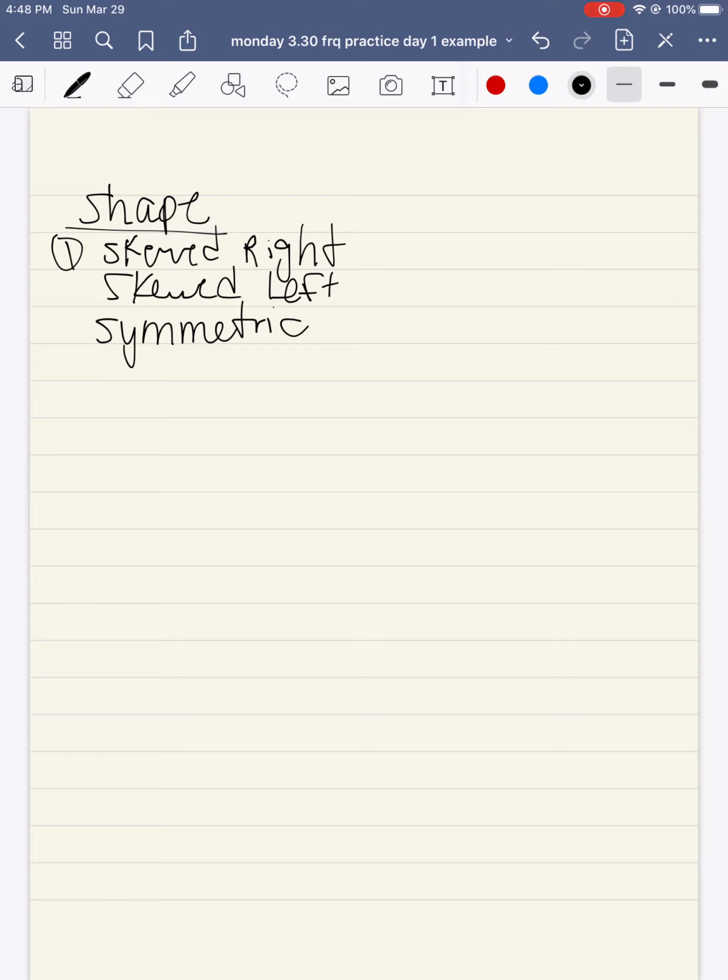They are different. So I want to mention one of these 3 things, and remember that the skewedness is dependent on the tail. So where is the tail located? That indicates if it's left or right. So if the tail is on the right, we're skewed right. If the tail is on the left, we're skewed left. The second part of the shape is describing the modes. So we can either be